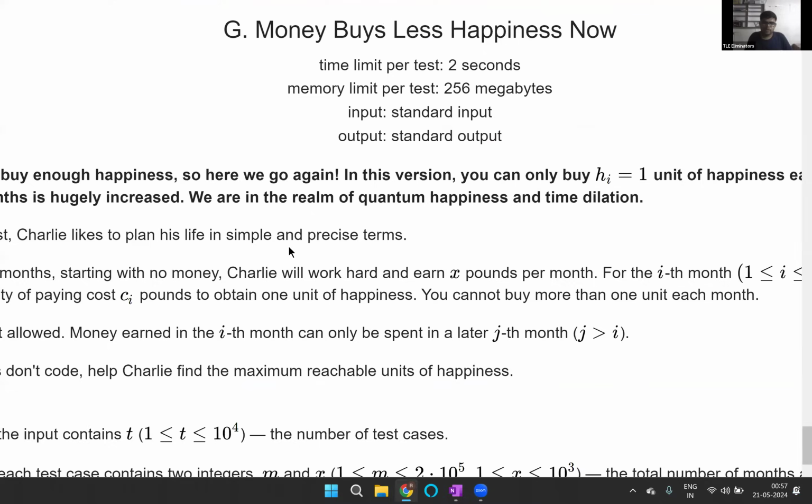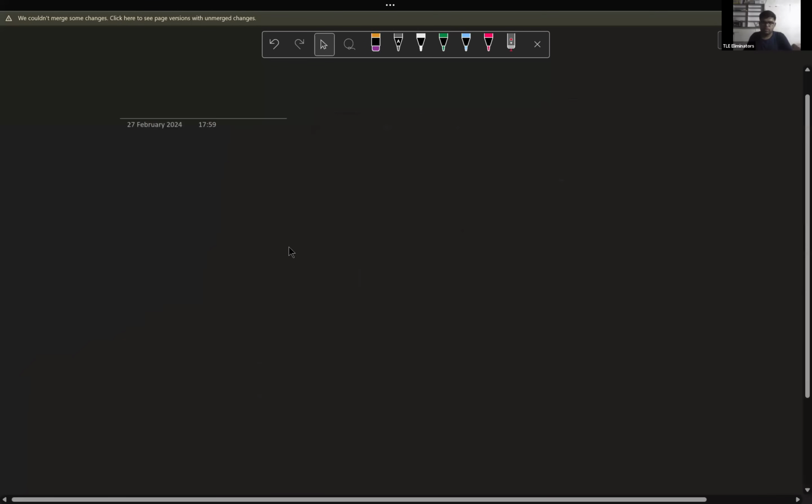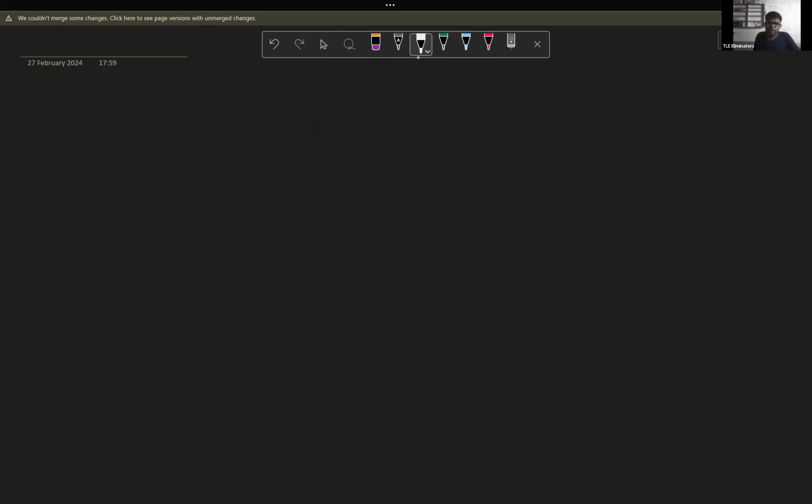The problem says that now money can buy less content. Basically, there are a lot of months. If you remember the fifth problem, m was less than or equal to 50 there. Now m is actually less than or equal to 5 times 10 to the power 5. So the value of m has highly increased, and